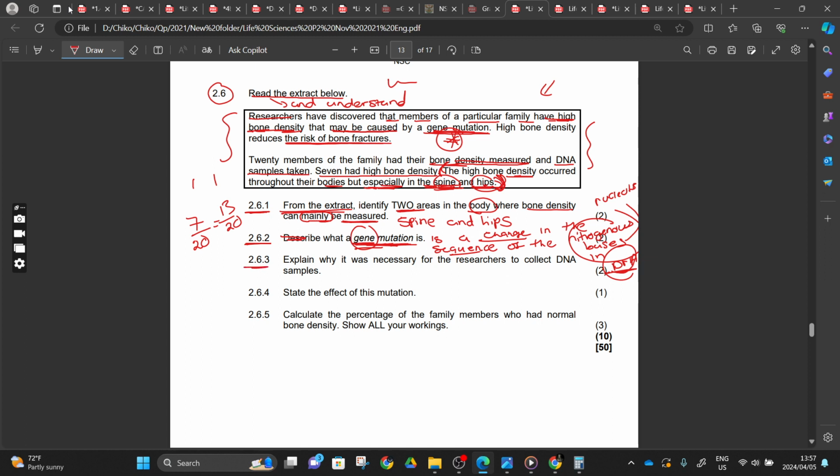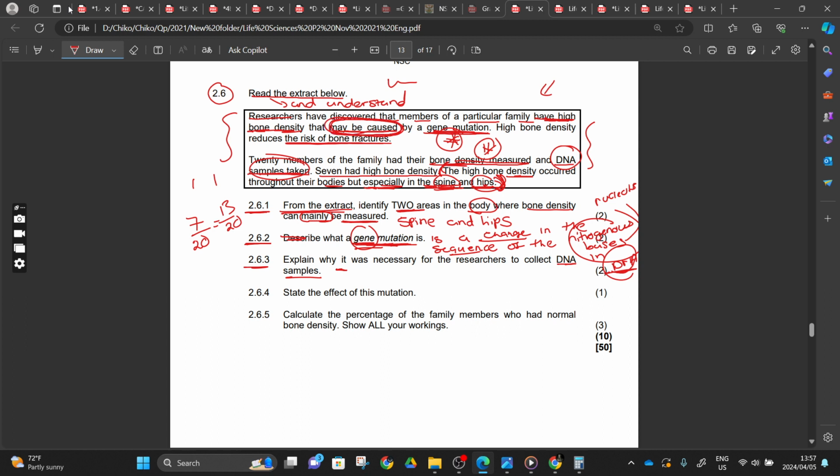Then 2.6.3, explain why it was necessary for researchers to collect DNA samples. So we see that they did two things. They firstly measured the bone density, and after measuring the bone density, they took their DNA samples. So what was the reason? Here they want us to give them a reason why they were taking this DNA sample. Here's the reason: they said they have a high bone density that may be caused